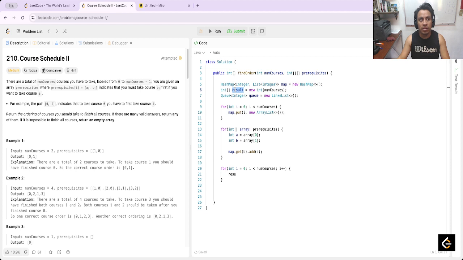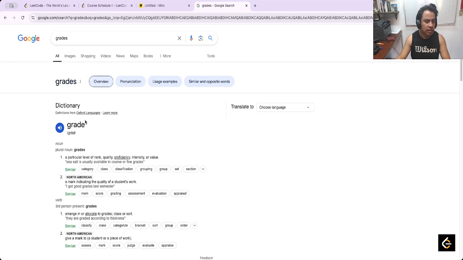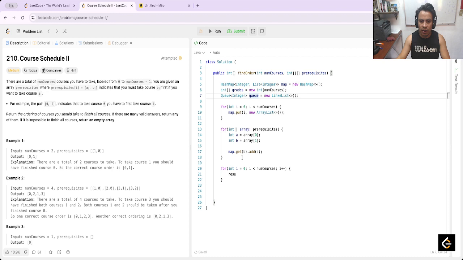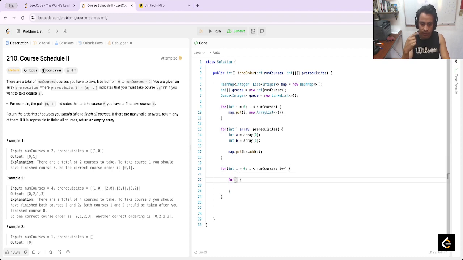This is not the result, this is the grades, yeah, grades, grades at index i. No, here we need to get the elements in the map, for example integer n in map dot get i, and in this case it is grades at index n plus plus,